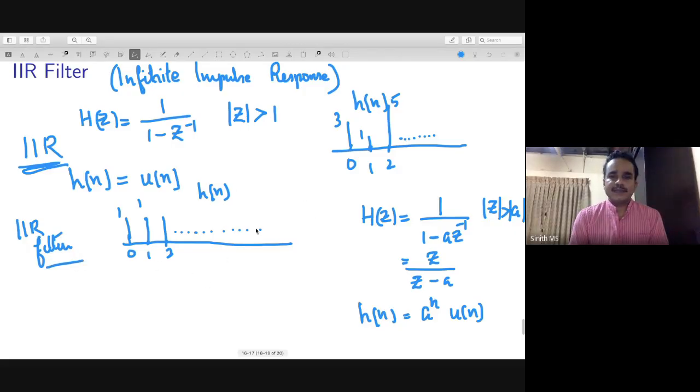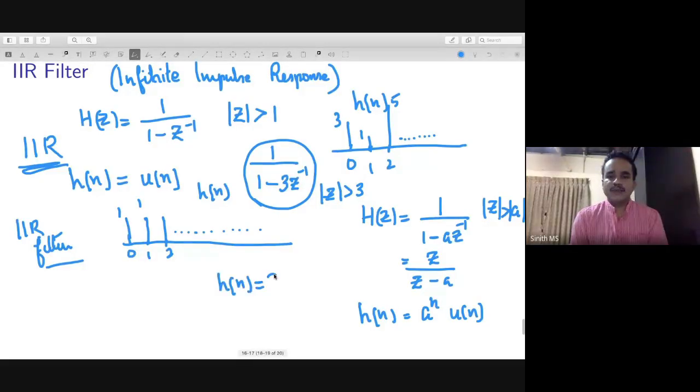Let's take some other example. Suppose you have, say, H(z) = 1 by 1 minus 3 z inverse. In that case, if H(z) is this value and ROC is mod z greater than 3, we can tell that h(n) is a raised to n u(n), which is 3 raised to n u(n). And if you plot this